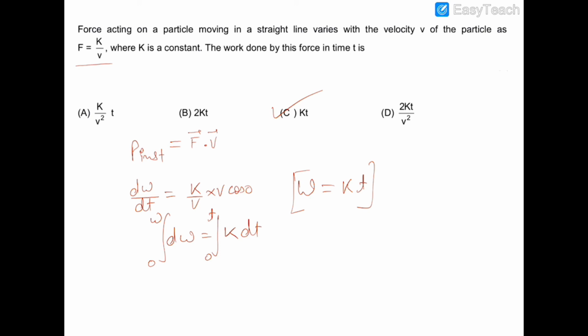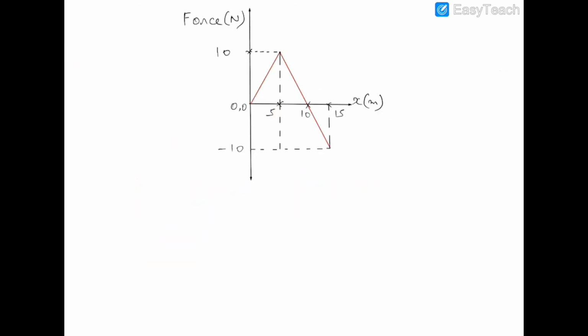Now I move on to the next question. In this question, we need to find out the total work done by this force in the complete motion. So the motion ends at 15 meters and we need to find out the work done. Now in these kind of questions,